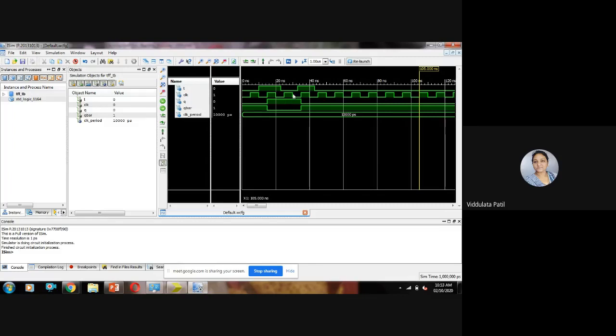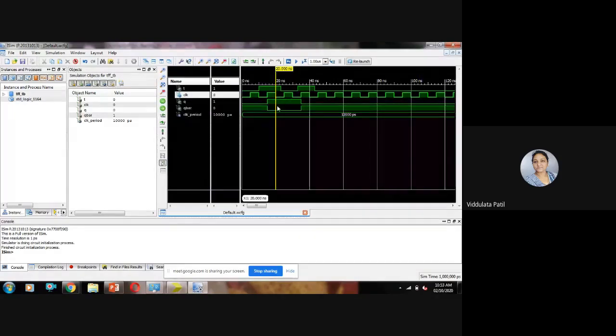Now this value is going to remain till again t becomes 1. Now here t becomes 0, but as t becomes 0, whatever is the value of q and q bar will remain as it is. So q will remain as 1 and q bar will remain as 0.